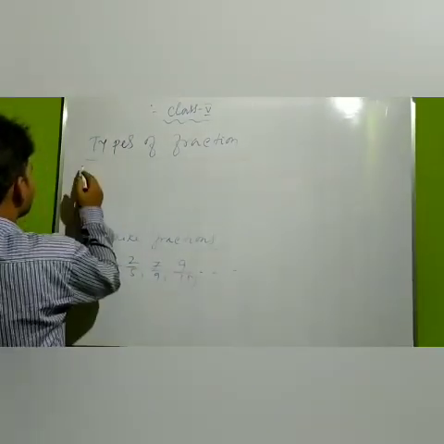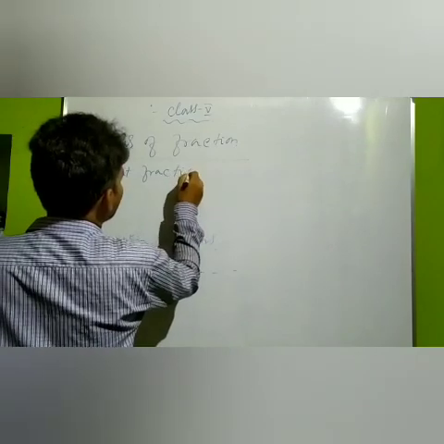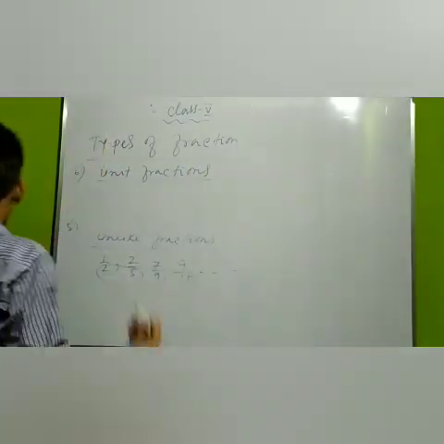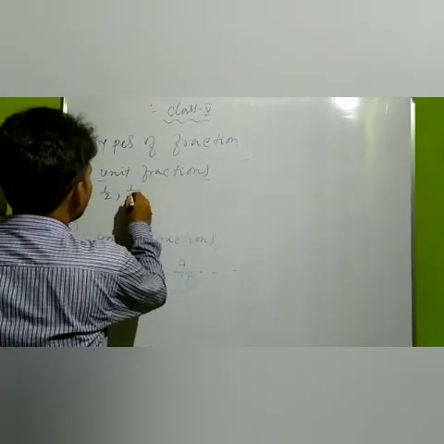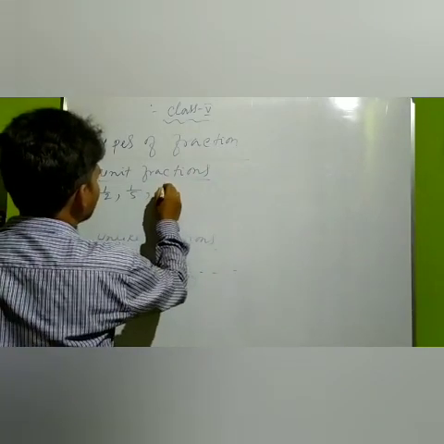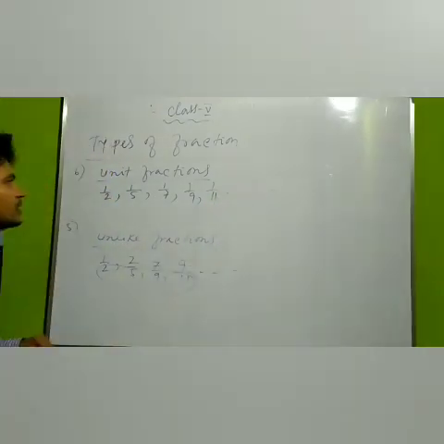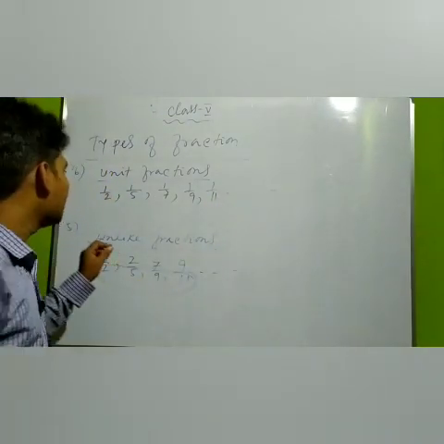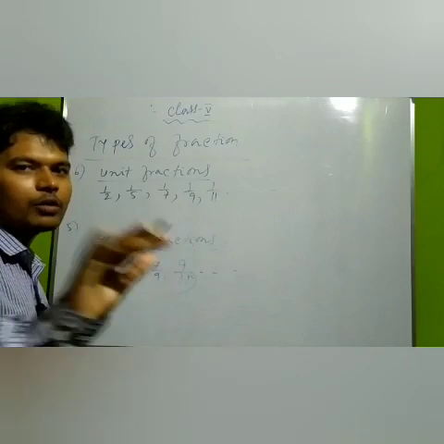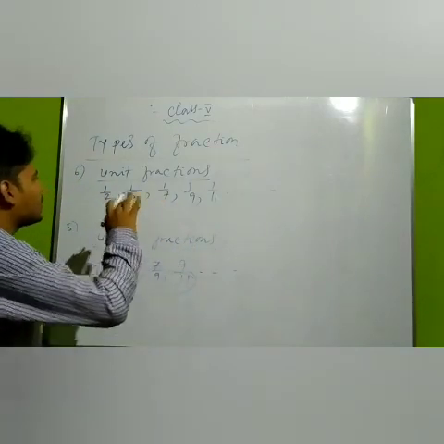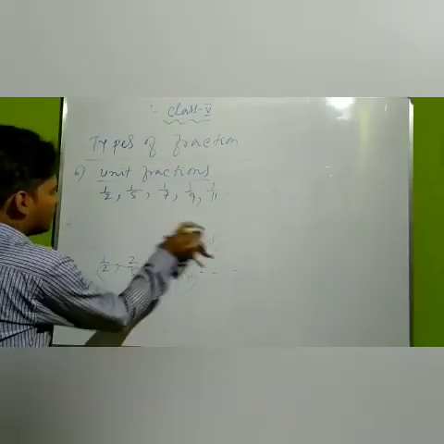Number 6, unit fraction. In this type of fraction, the numerator is 1 for all the fractions. 1 by 7, 1 by 9, 1 by 11. This type of fractions are called the unit fractions. Here the value of the numerator is 1 for all of the fractions. This type of fractions are called unit fractions. Now come to the next,